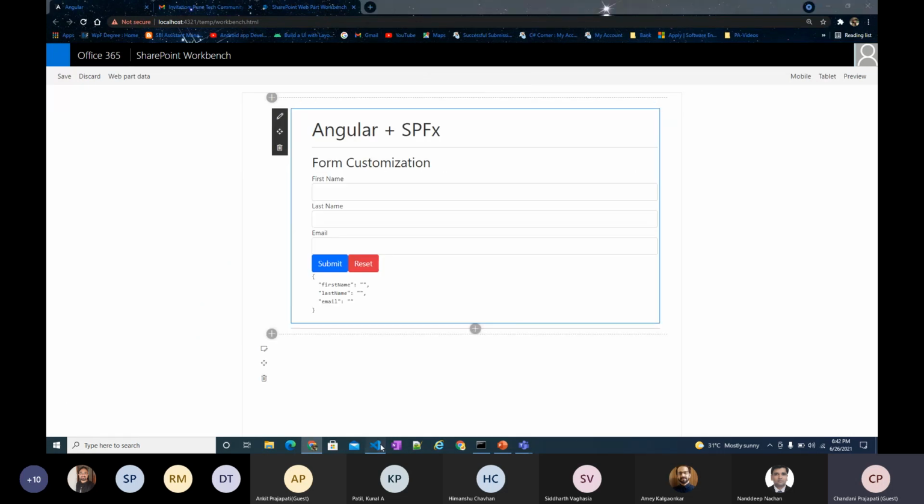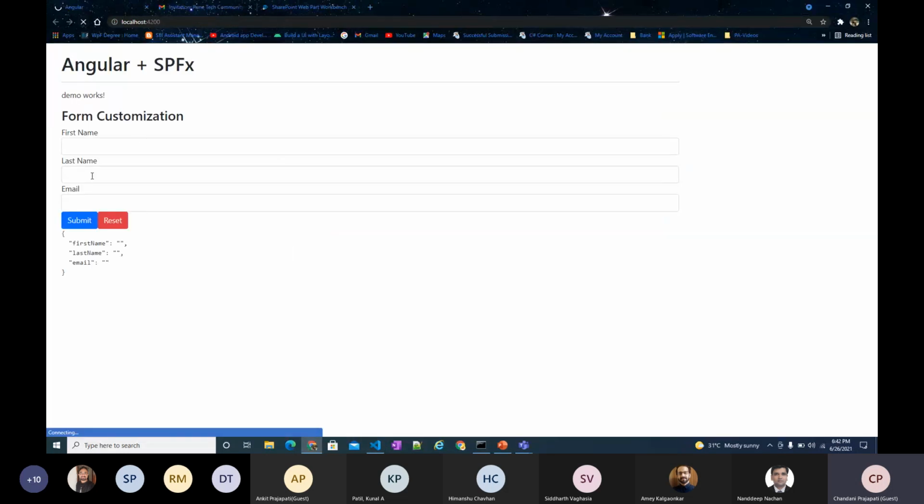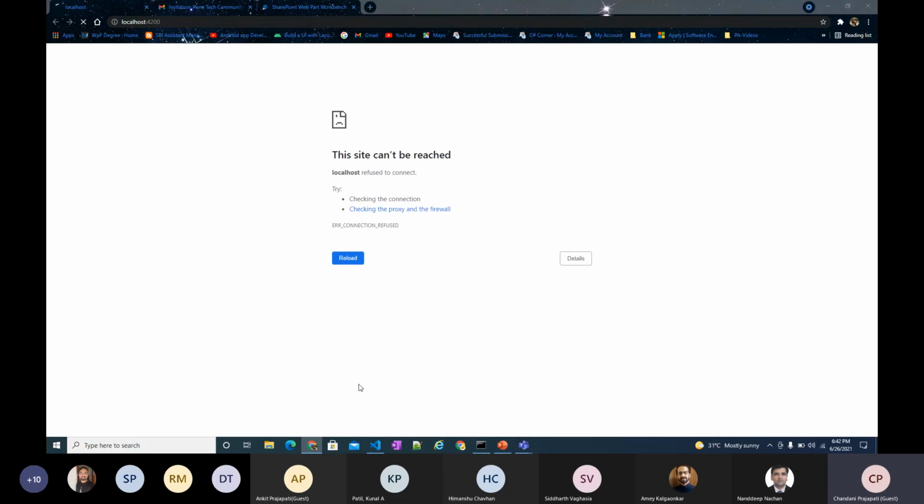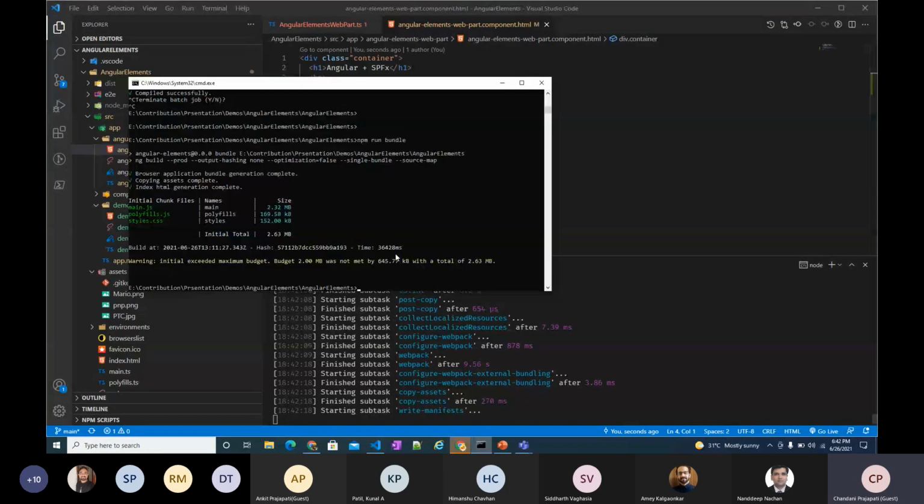See, I have changed the component, right? So currently in Angular it will show only demo works.